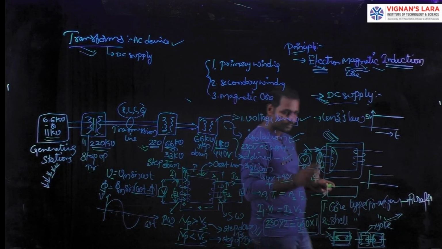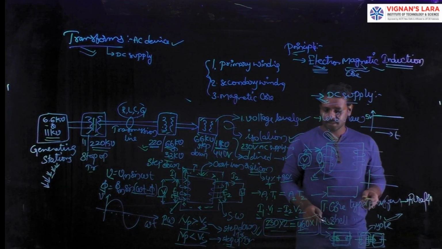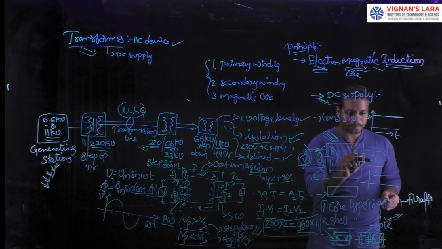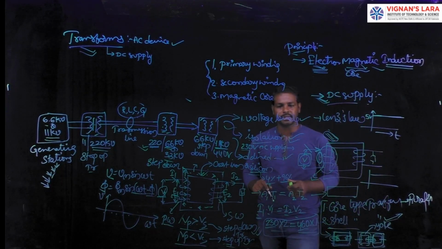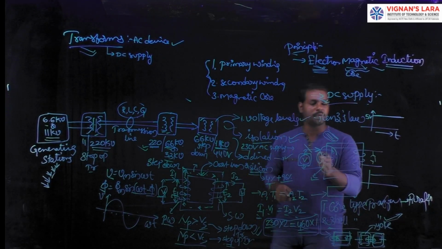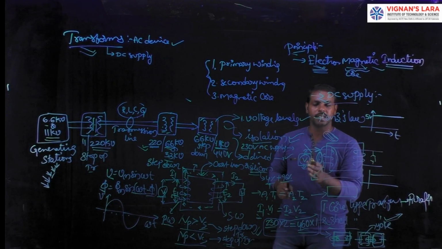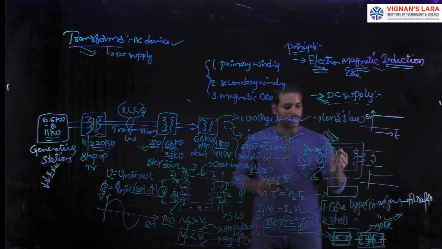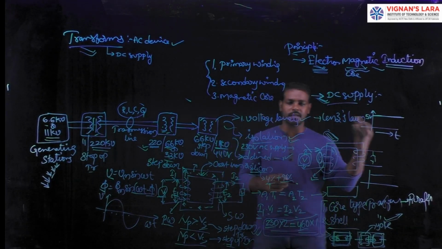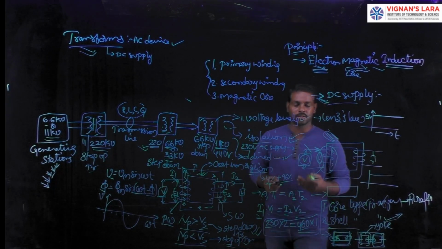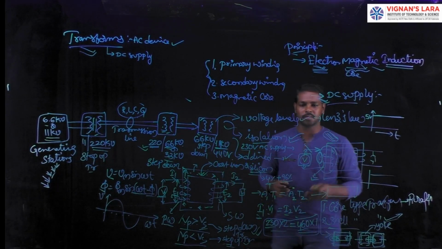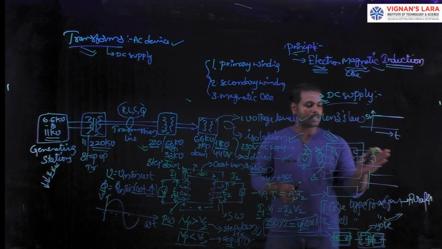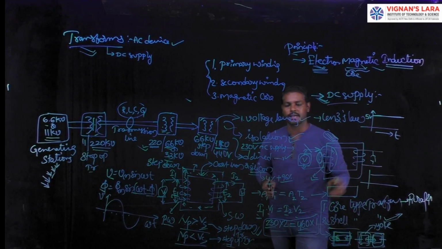Next we will cover the types of transformers, and the EMF: how much voltage is developed in the primary as well as secondary windings, and how the voltage is transferred using the transformation ratio. What are the phasor diagrams of on-load and off-load conditions? What are the testing methods of transformers? These are all very interesting topics to be discussed in the next class.